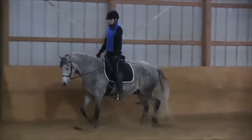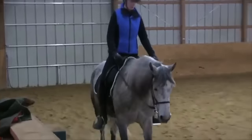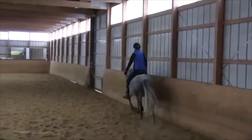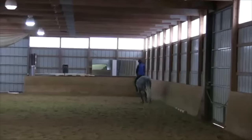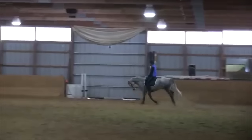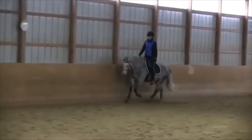Good leg yield there. Once again, in all these leg yields and lateral work, this horse can begin to step a little deeper under the body. But I think for right now, you're getting about the best you can. And once again, this canter compared to the last time I saw the canter is hugely improved. This canter is good enough that you can see the horse is staying pretty nicely over its back. It's not disuniting anywhere,